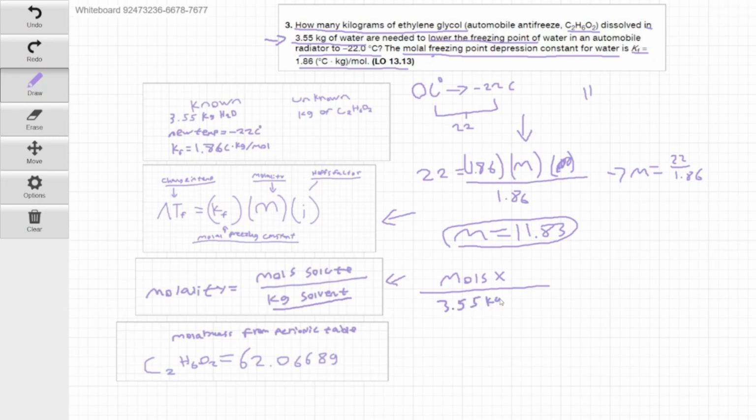So you're just going to write 3.55 kg. And now that we have our molality, all you have to do is set this equal to your molality and solve, which obviously simple algebra will tell you just times it out. It'll get rid of it on this side. Those will cancel, and then it will go over to this side. And now all you gotta do is multiply those together, and you have your moles of X. So moles of C2H6O2 is equal to